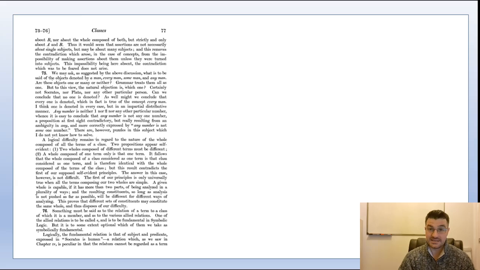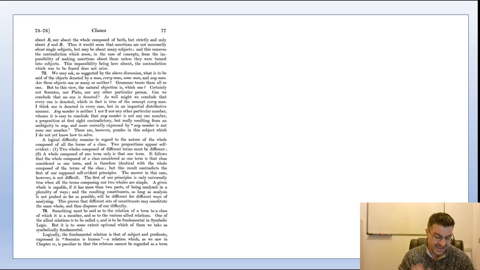Okay, so if we fixate on a particular term in our collection, then we can be sure that that term is denoted by every A. So we've got our terms A1, A2, A3, and let's just assume there's a finite number of terms. Every A is denoted. So if we fixate on one particular term, we can be sure that that is denoted by every A. Okay, but in the case of what we're dealing with now, which is a man, every man,